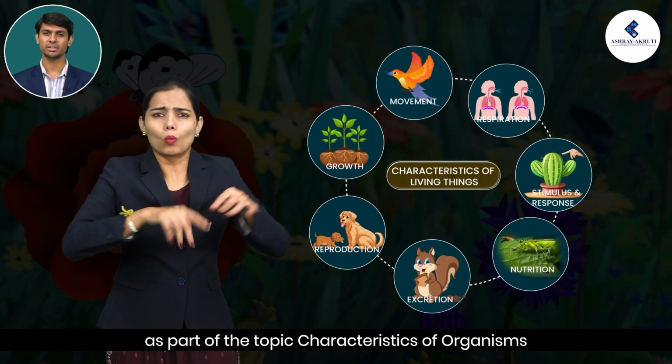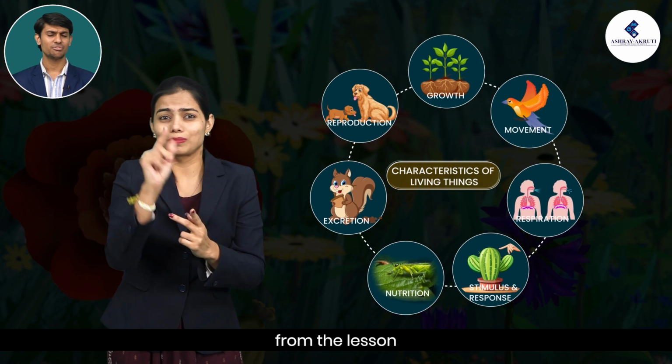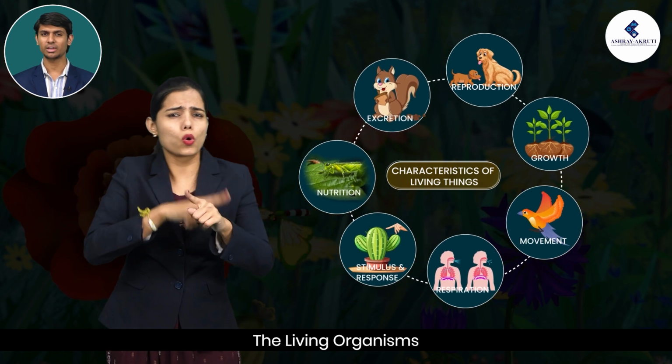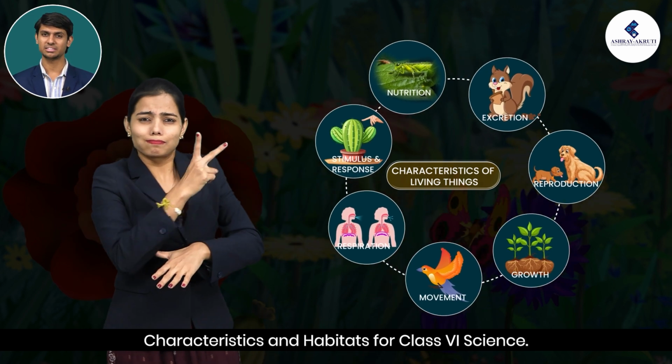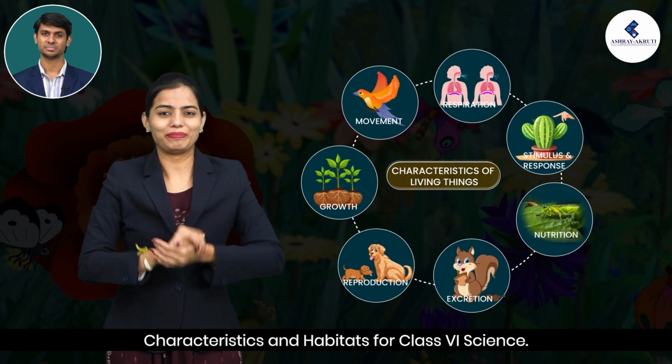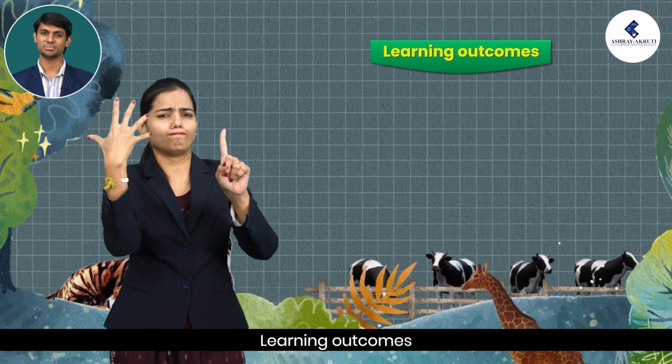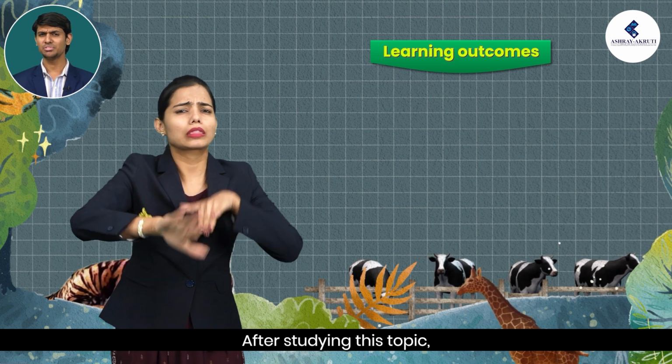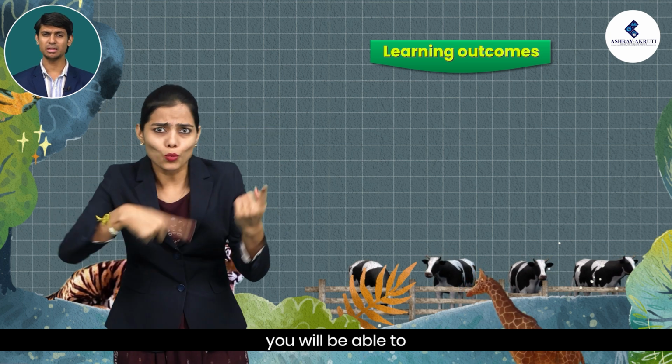As part of the topic Characteristics of Organisms from the lesson The Living Organisms, Characteristics and Habitats for Class 6 Science. Learning outcomes. After studying this topic, you will be able to